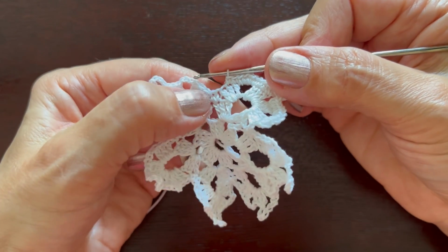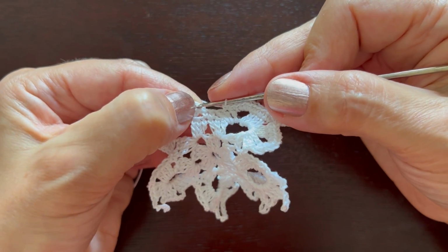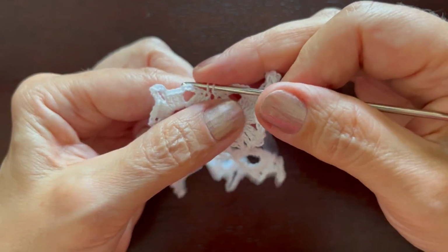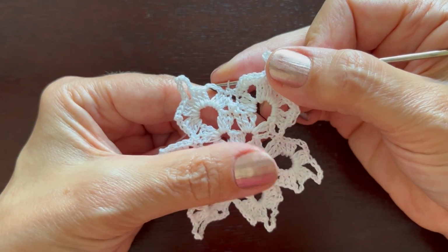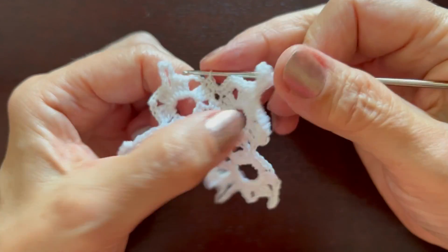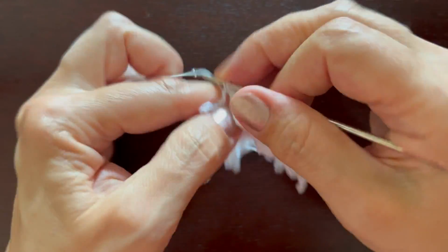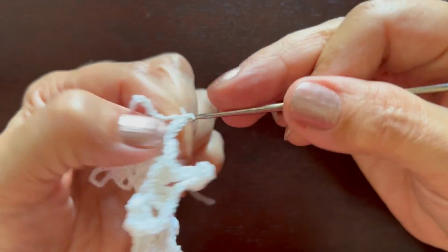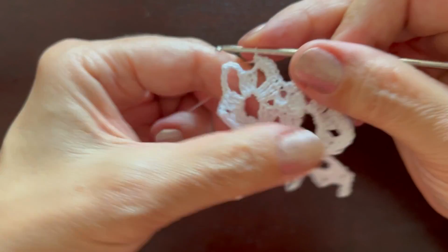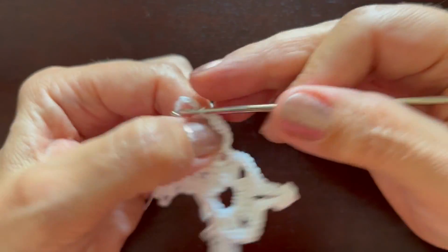We'll skip this double crochet, we'll skip these 2 single crochets, and we'll skip 1 more double crochet, and we'll move to the middle of 3, and we'll make a single crochet and a single crochet in the next double. 5 single crochets in chain 3,